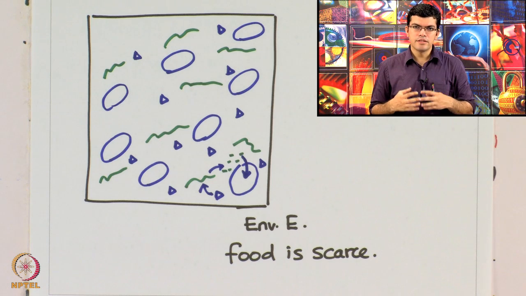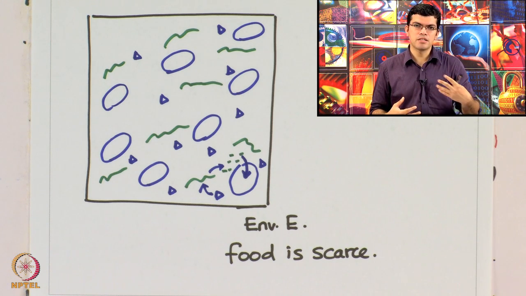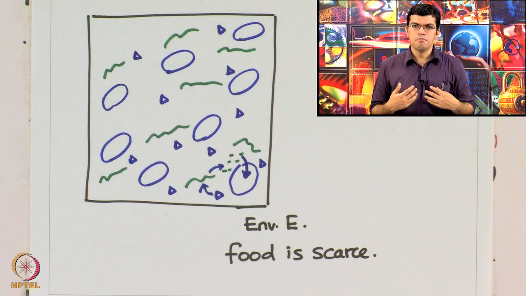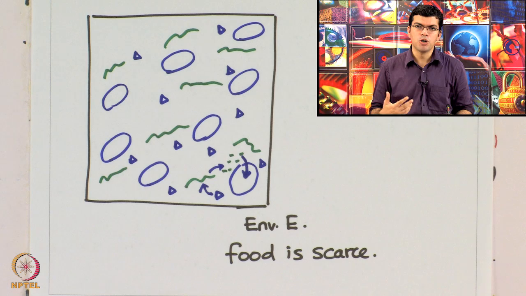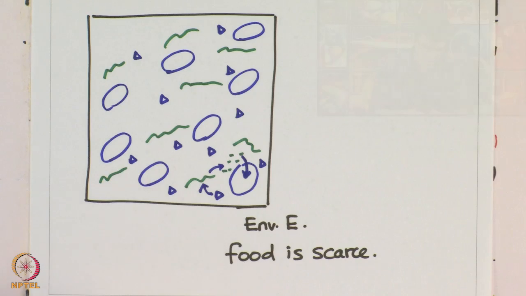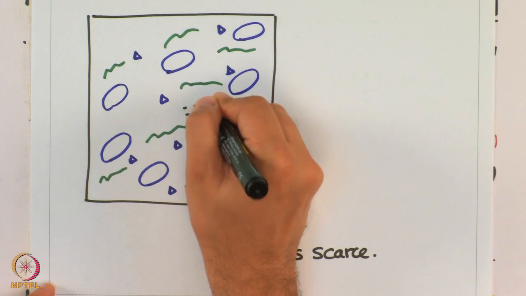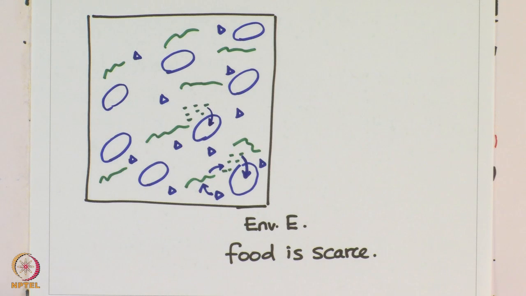So, in that sense, the enzyme that I am making by using my own private goods and releasing into the environment is doing a public benefit in the sense that it breaks down the polymer and creates monomers which can be used by any individual in the population. So, this is a private investment that I am making, but the benefits associated with this private investment are public in nature, in the sense that any individual belonging to the species can use the monomers which are broken down by this enzyme. So, that is the setting that we have, and of course, every enzyme molecule which is released into the environment is doing the same, and bacteria are taking up these monomers and using them for growth